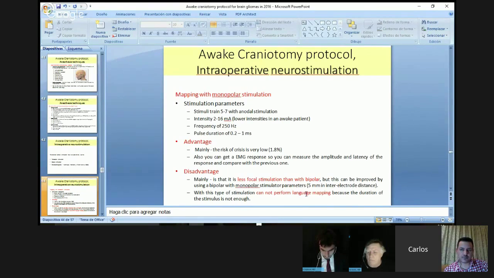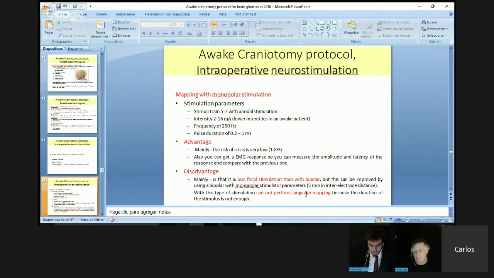During mapping with monopolar stimulation, the parameters are a stimulation intensity of 2 to 16 milliamperes, a frequency of 250 Hz, and a pulse duration of 0.2 to 1 milliseconds. The main advantage is that the risk of seizures is very low, less than 8.8%. Also, you can get an electromyography response, so you can measure the amplitude and latency of the response